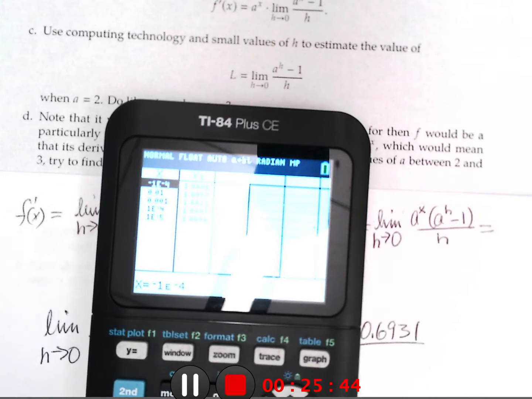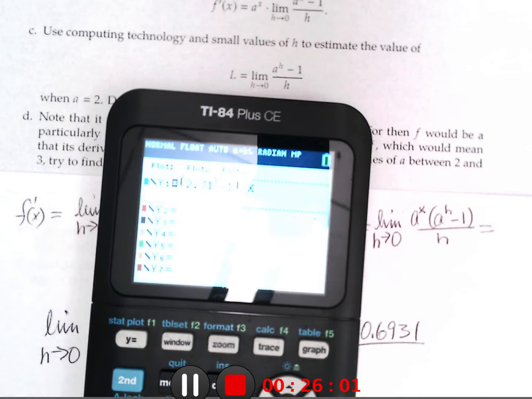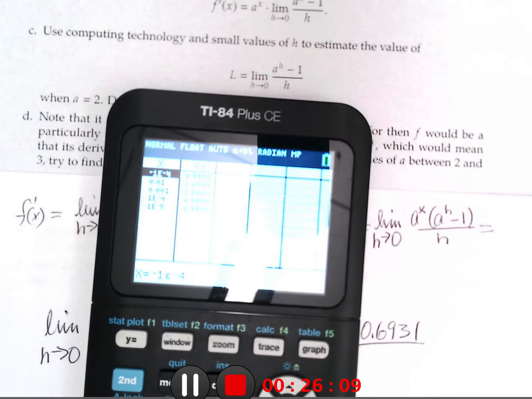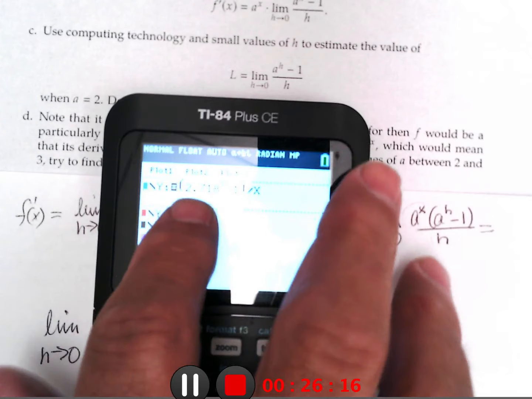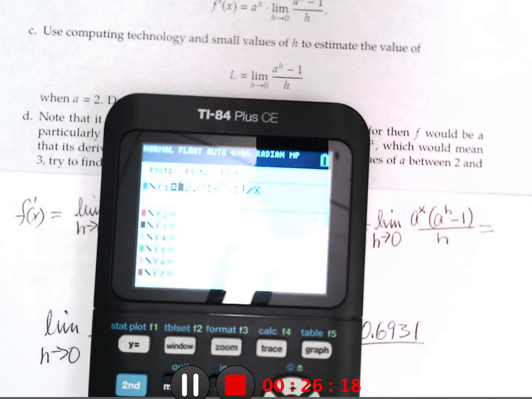Let's go to 2.71. Table. Now we're a little bit low. Okay, so go to the y equal and go 2.718 and go to the table. Getting really close, aren't I? Well, hopefully you're starting to recognize what the number has to be. 2.71828, it has to be